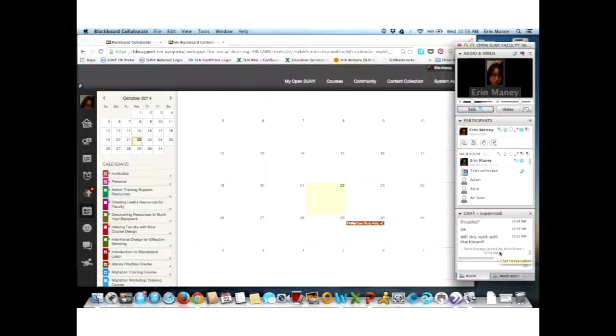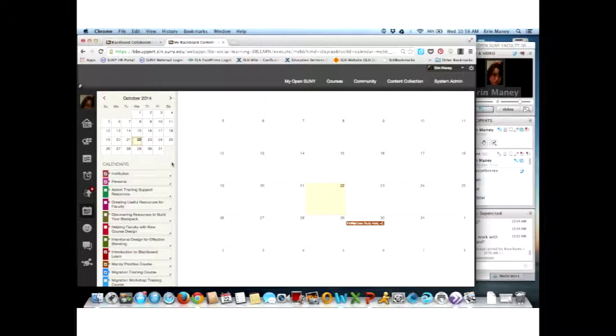Yes, this is Blackboard. So this is the calendar inside of Blackboard. So this works with anything that you put as an assignment in your course. And I'll explain how you create assignments in just a minute. Okay. One of the other things you can do for your course, if you are not a fan of the color, you can just click on the arrow in the bottom corner and you can change the color that displays